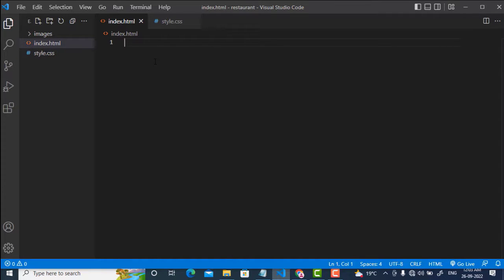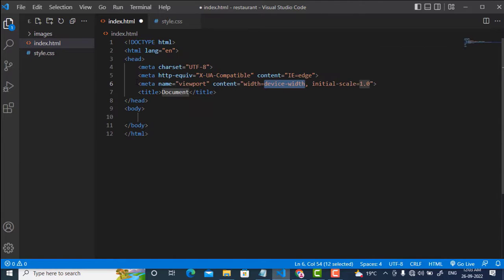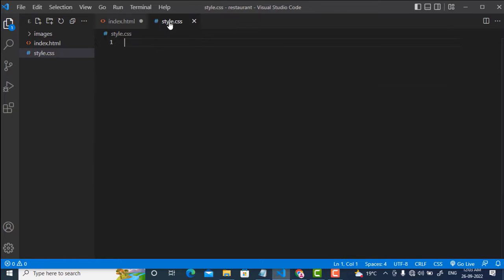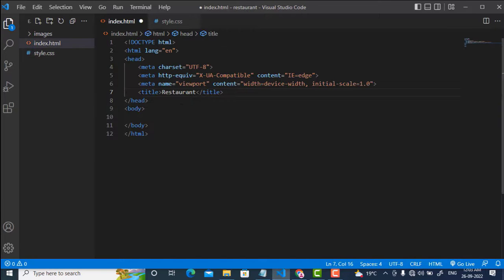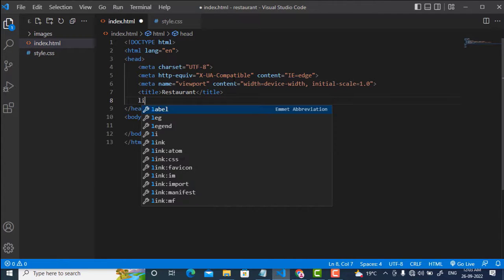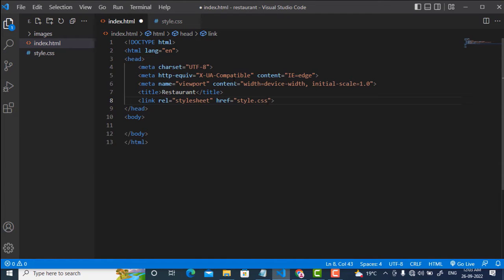Inside this index.html I will first write the basic building blocks of HTML, and in this I will give it a title as restaurant. And style.css is the styling file that I should link inside this. So I will link the style file as a style sheet, and this file should be linked over here. So I will write